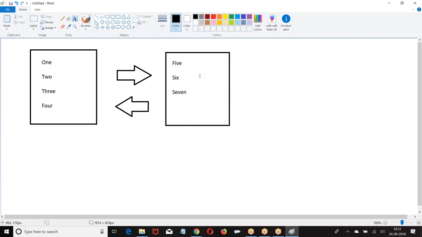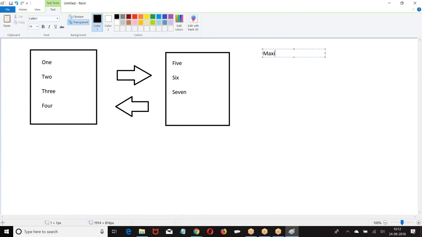Multi-select list. How many options can I give? Maximum 150. Out of 150, maximum how many can we select? Out of 150, 100 options we can select. So more than 1 option can be selected, maximum 100 options. What is the length of each option? 40. Length of each option is 40.